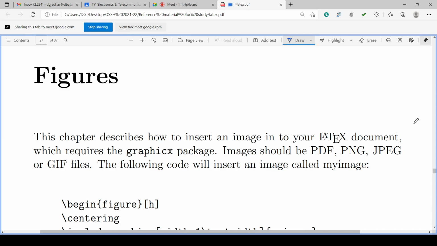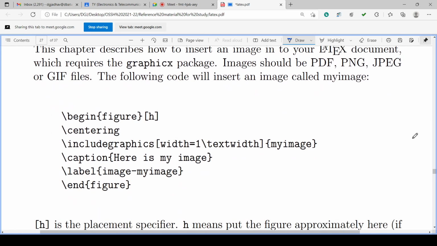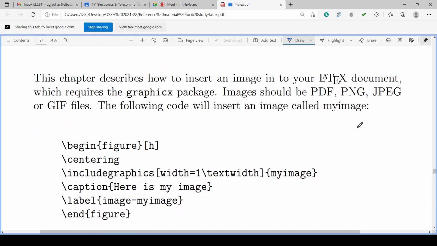So figures need to be used in the document. This describes how to insert an image into your LaTeX document, which requires the graphics package. To use the image or figure, to insert the image into a LaTeX document, we require the graphics package.